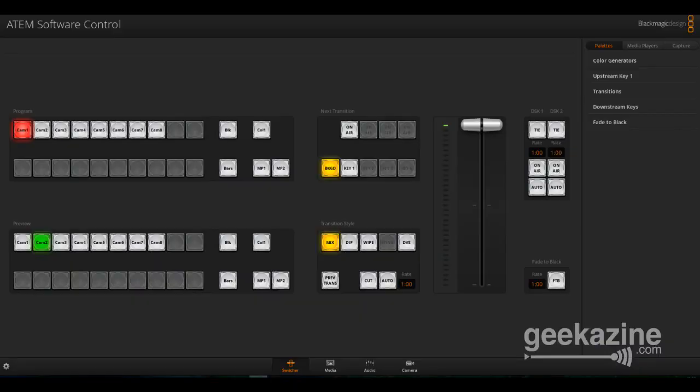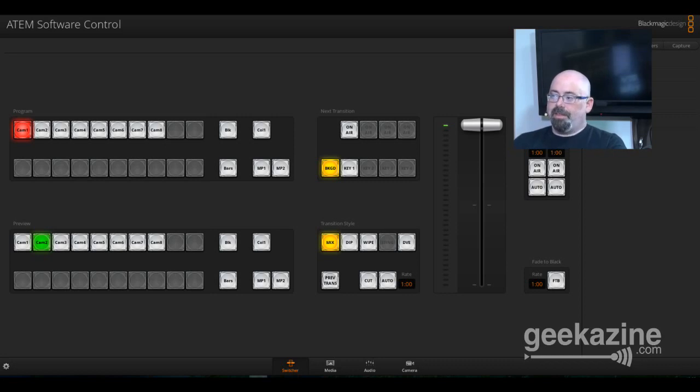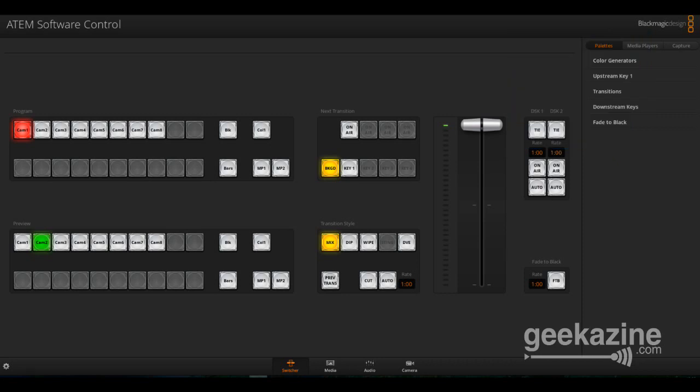You can have a lot of fun with that interface because it does a lot more and helps you in your production. So when you need, like I said, you need the Ethernet cable to connect up and set up the IP address, which you can do through the setup tool. But with that, I don't think I have this set up to show you, but